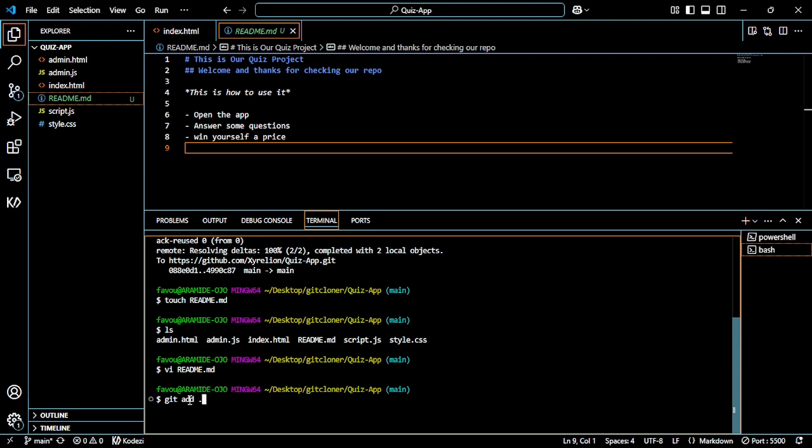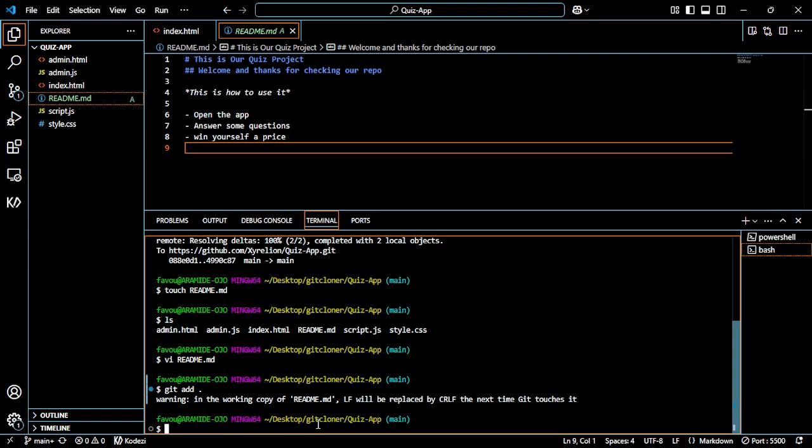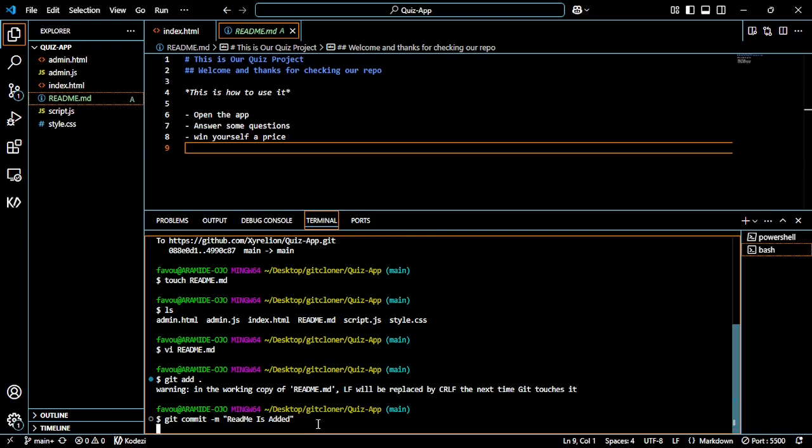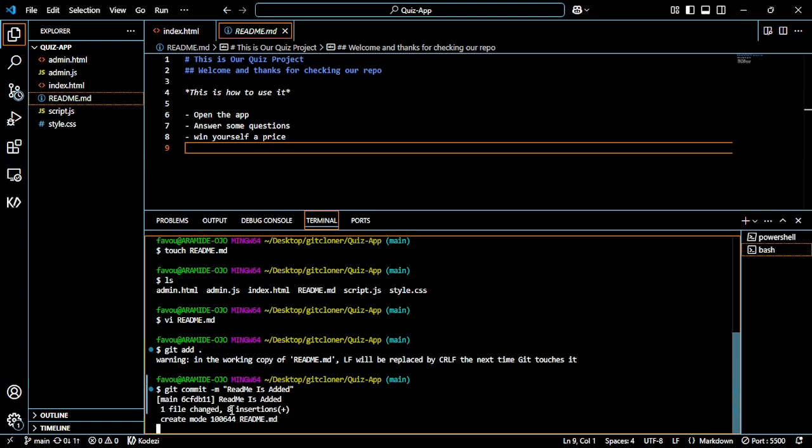Git add dot. This is too slow. Don't worry about this comment that says the LF will change. Don't worry about it, it's actually safe. Then git add, git commit with a message, then readme is added, or whichever way. So now I'm committing with my message, and then the next thing to do once everything is done,